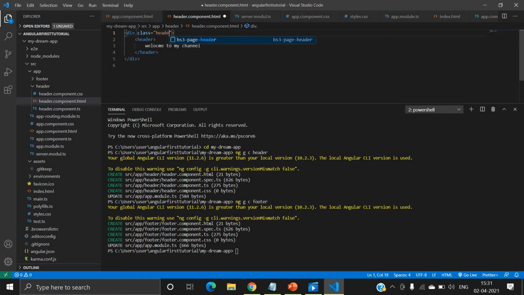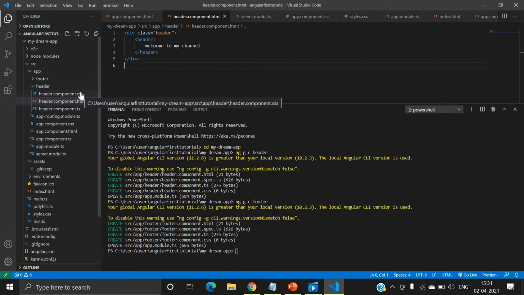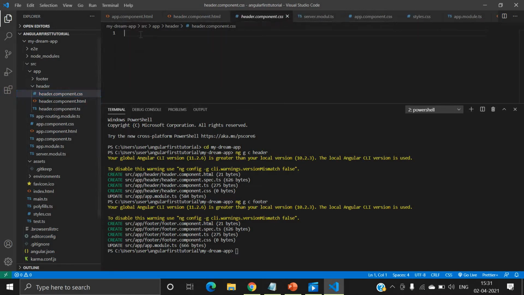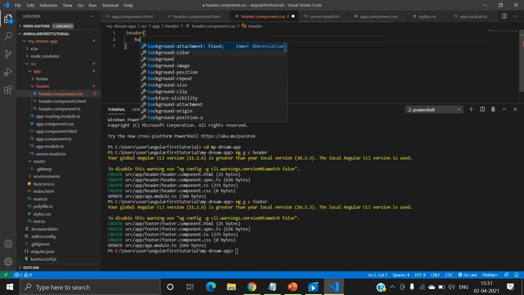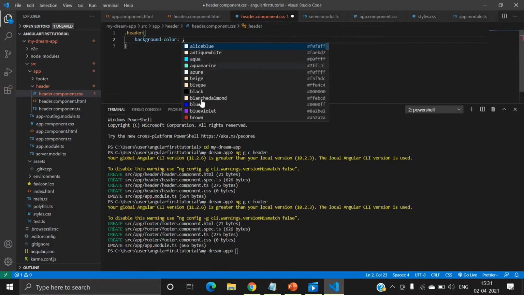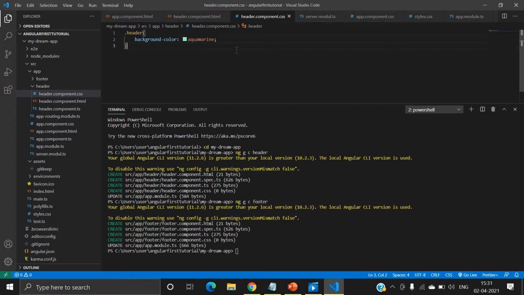Here you can write header, and after that I will save and we will go inside header.component.css and write the css class, and here I will use background color. You can choose any color you want, and I will save.